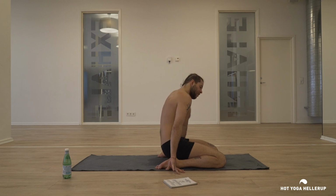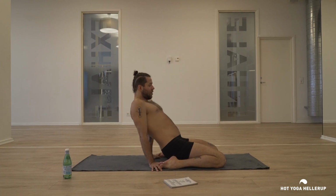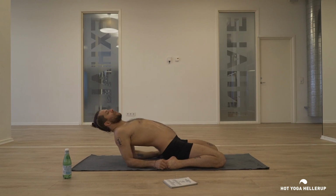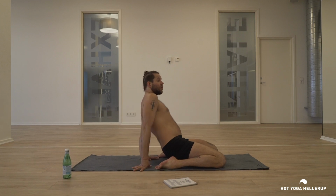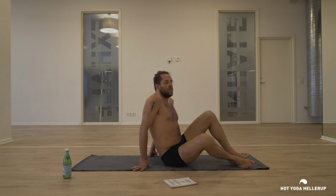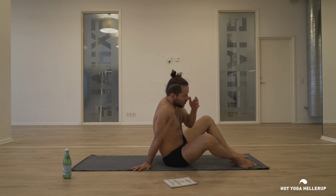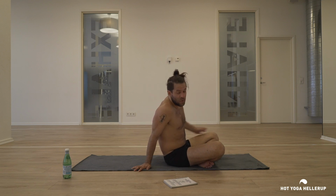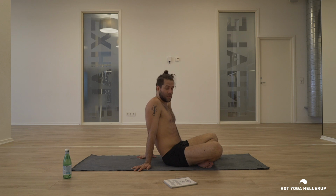If you can, put your hands on your feet, bring your right elbow down, then your left elbow down, then put your shoulder on the floor, back of the head on the floor, and arms over the head. Grab your elbows, pull the elbows down. Lift your chest and stomach up towards the ceiling, creating a natural human bridge. Chin to the chest, breathe normal, eyes open, relax your face, relax your jaw,